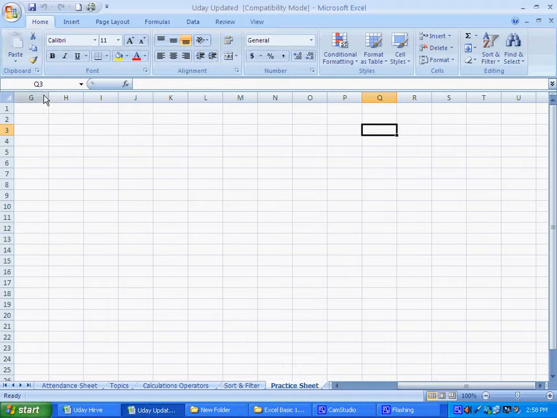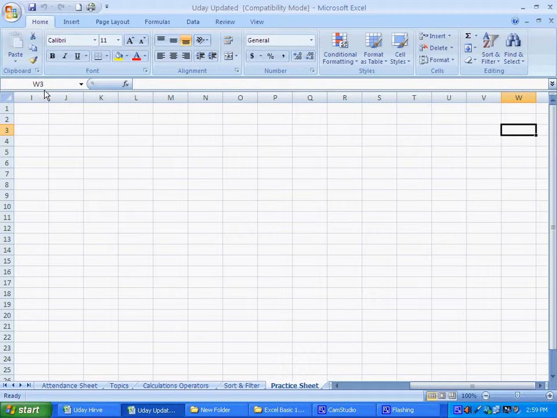Name box shows Q3. So over here you will see I am right now in the Q column and third row. As soon as I press the tab button, my name box changes to R3. Right now I am in R column and third row.